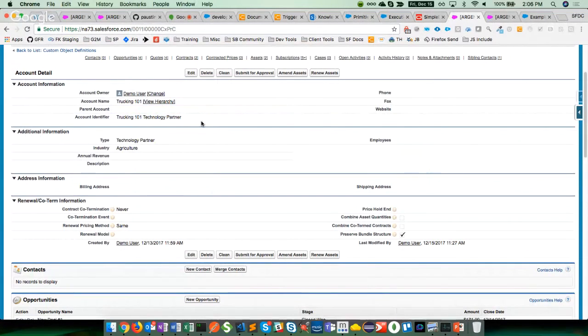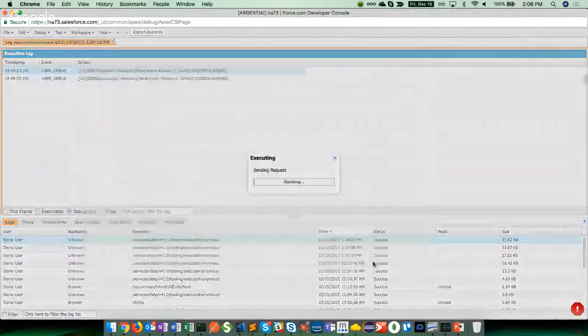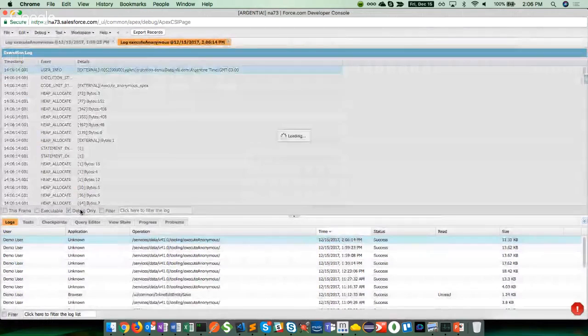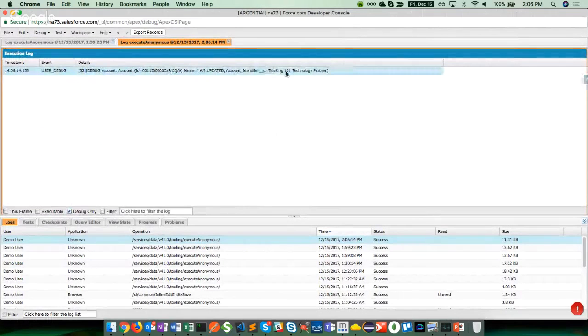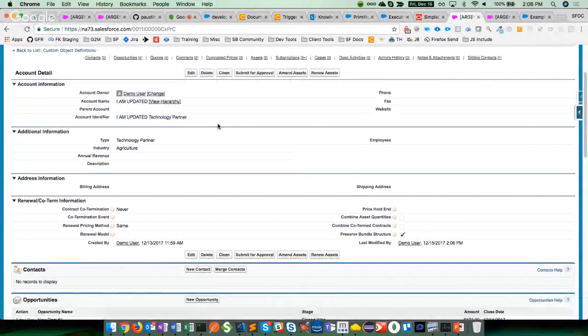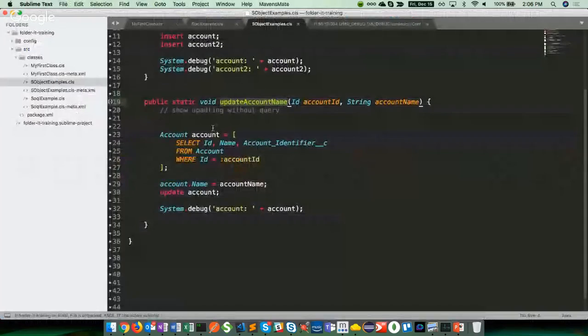And now the formula. Well, let's go run it. Let's find out. So I run it. I click debug. Notice that the account identifier still shows the old value. But if I come to Salesforce and I update, this is the correct value. So what happens is when you commit to the database, it does not recalculate all formula fields on your